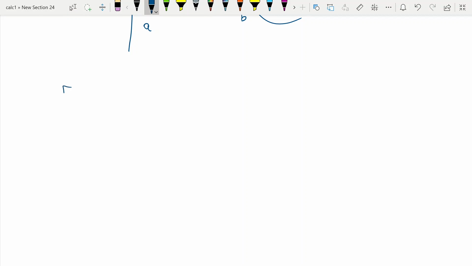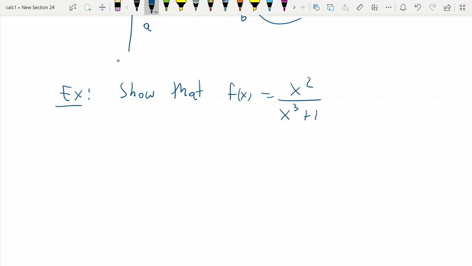First example, using the book, is to show that f of x equals x squared over x cubed plus 1 takes the value 0.4. So let's stop right here for a second,